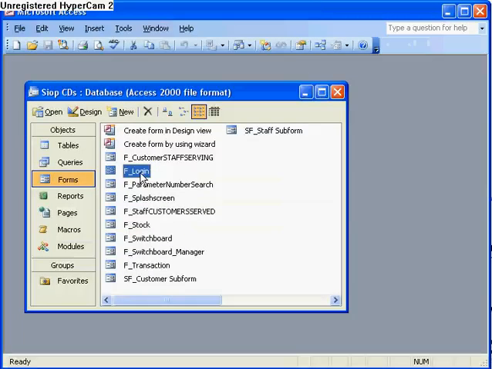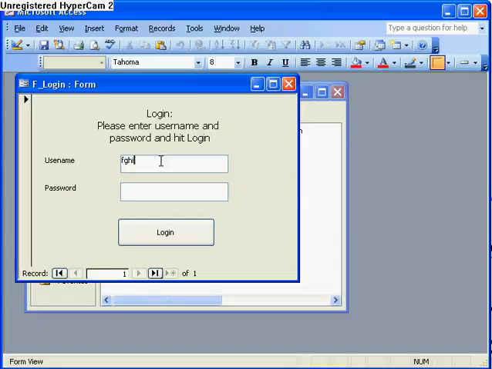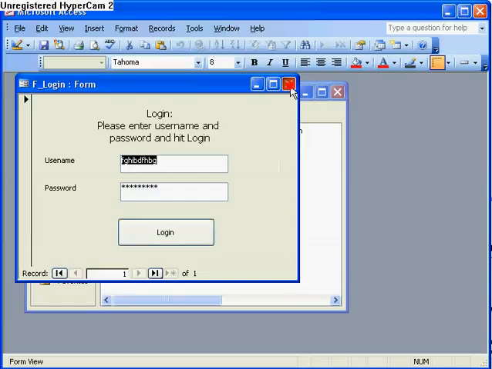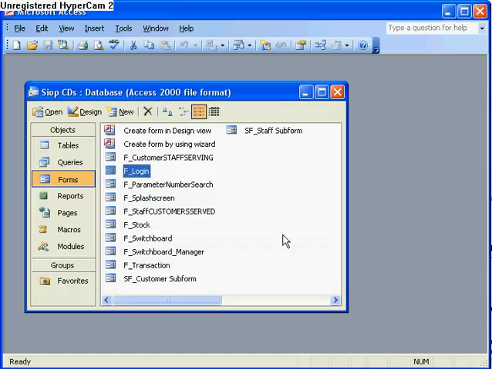Now, one thing I haven't tried is try rubbish data. So I'll try login, and you can see it tells me to re-enter the username and password. So that's worked really well, and that's how you do a multi-level login in